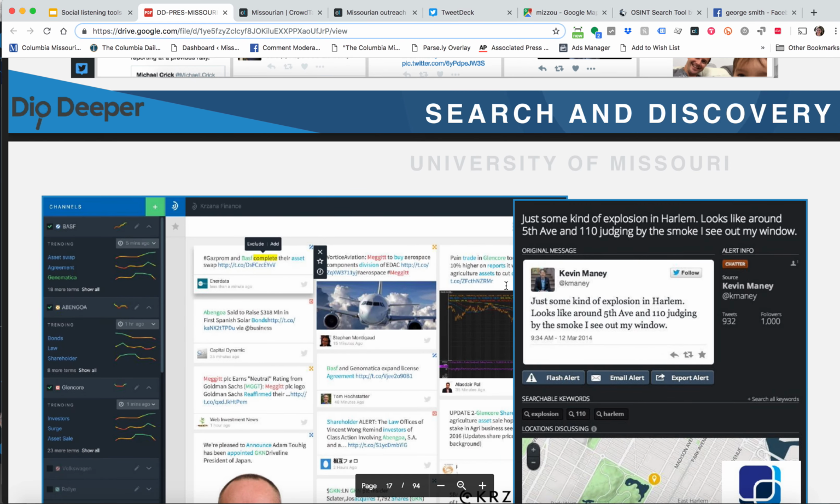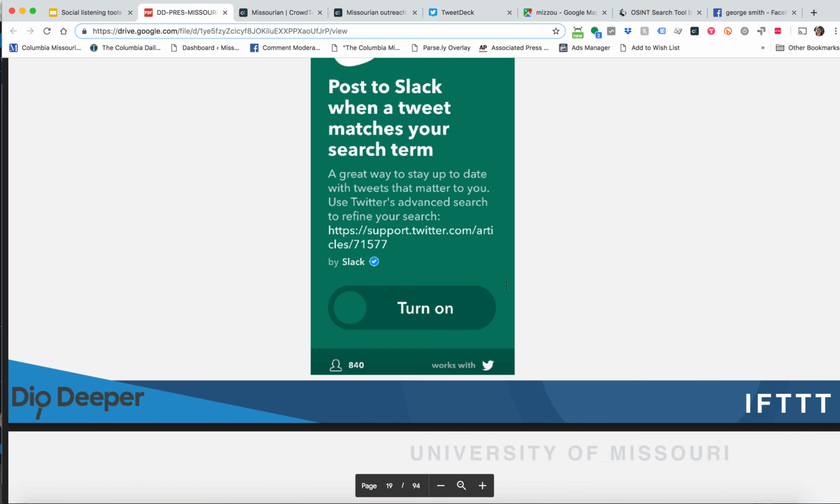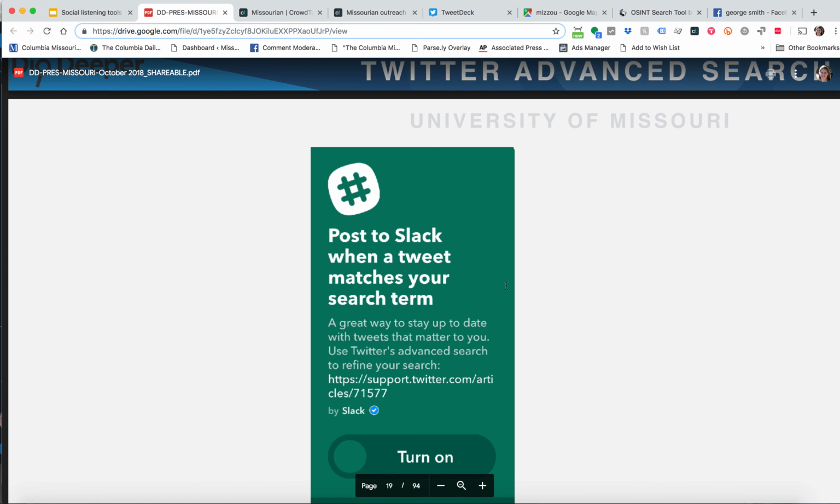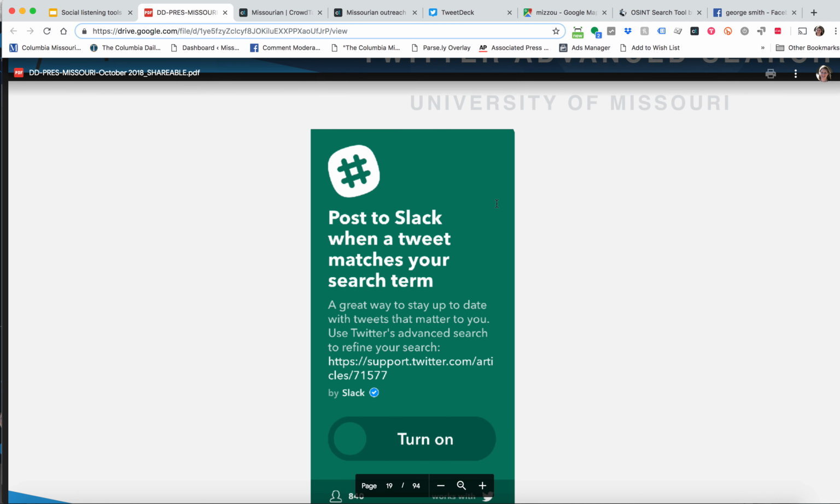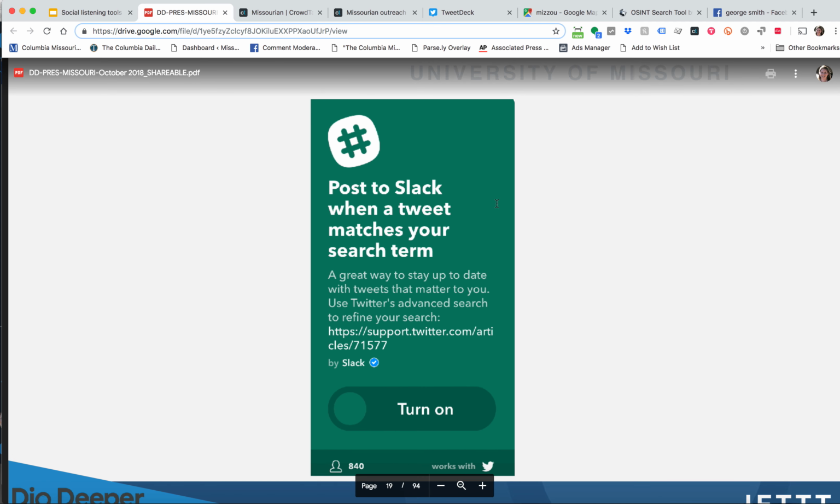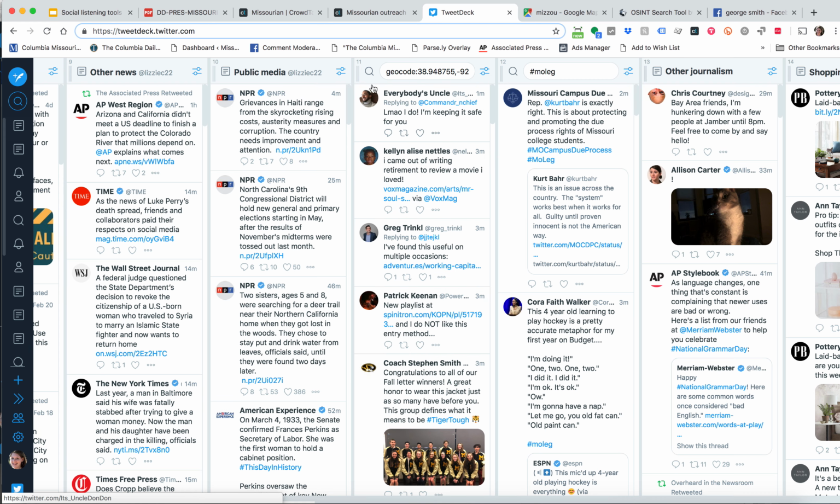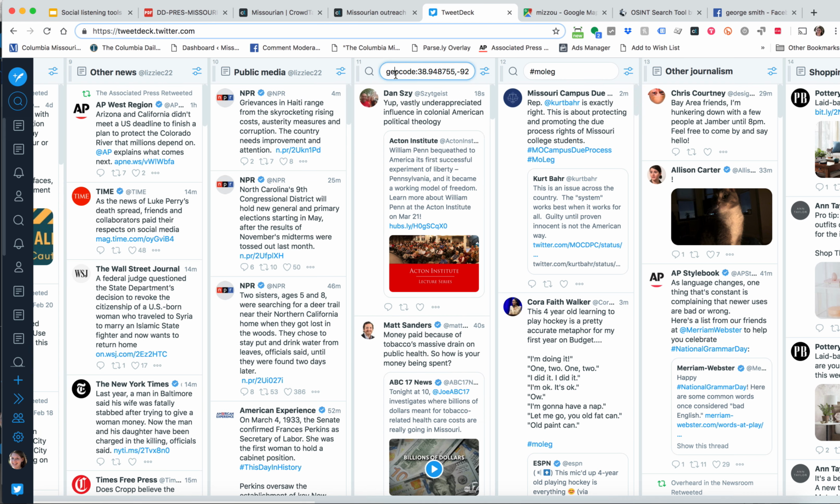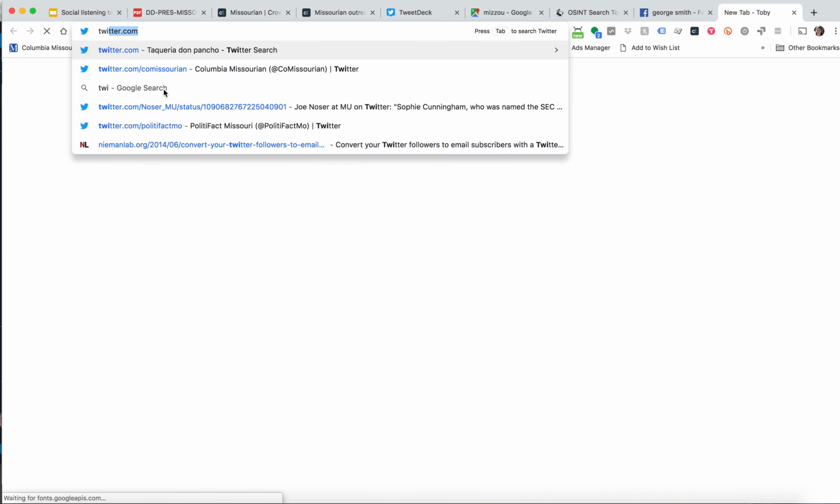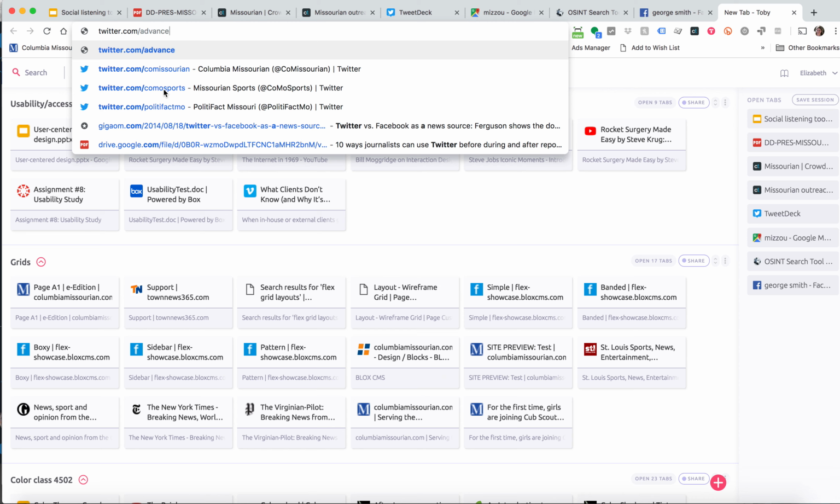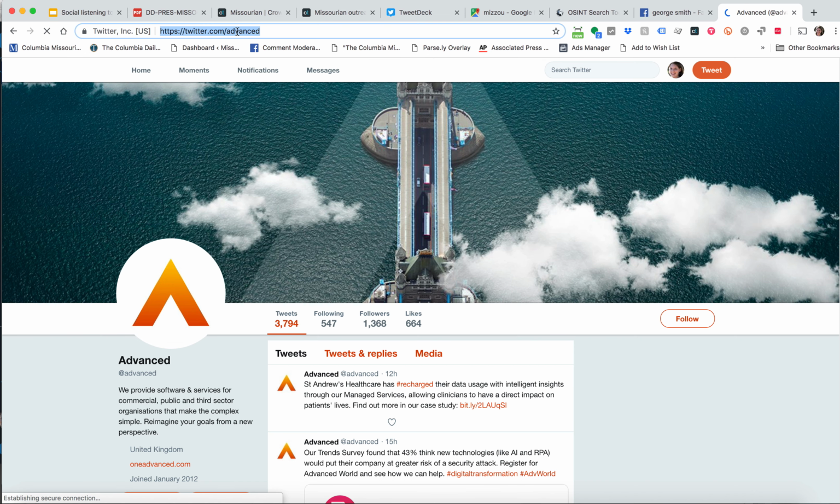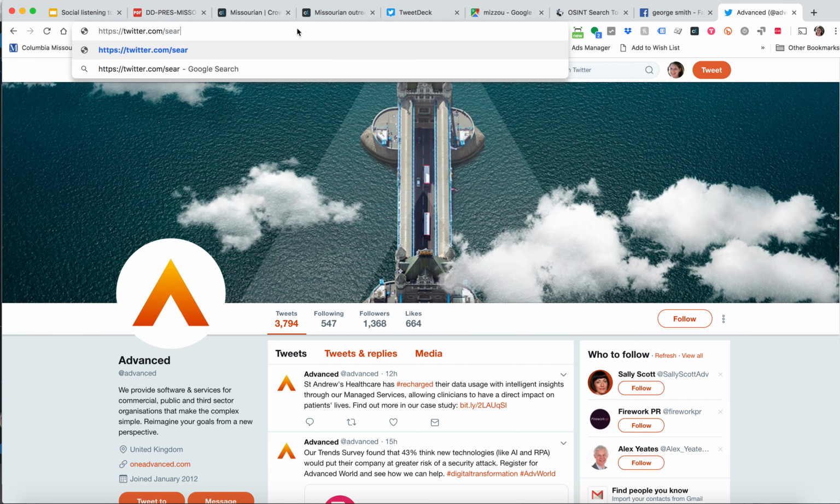We're going to talk more about TweetDeck. There's tools that allow us to actually send specific terms to Slack. So let's go ahead and look at TweetDeck while we're talking about that. So I told you that Columbia doesn't have its own. So if you're in advanced search,